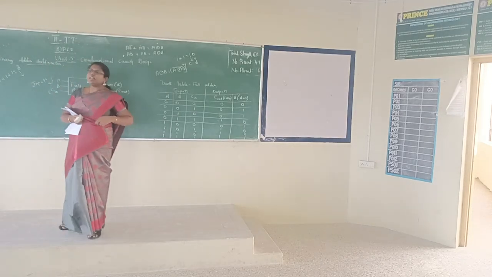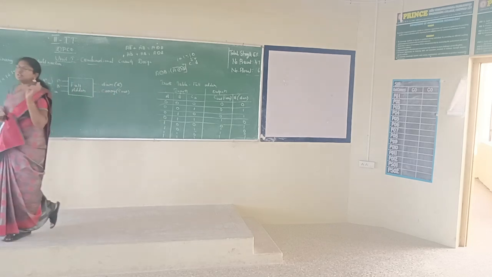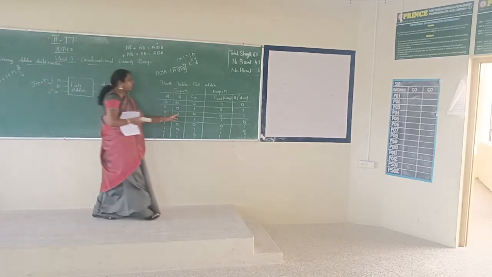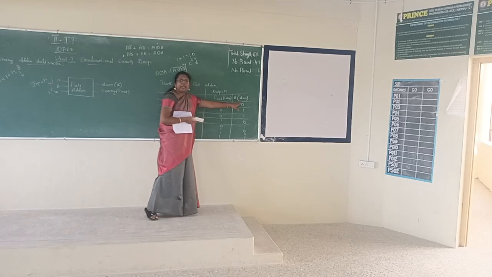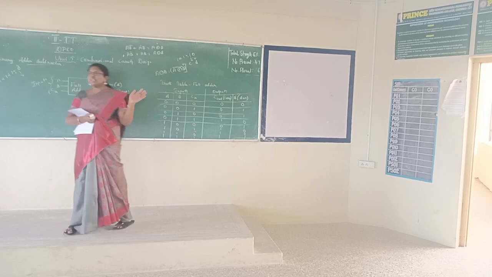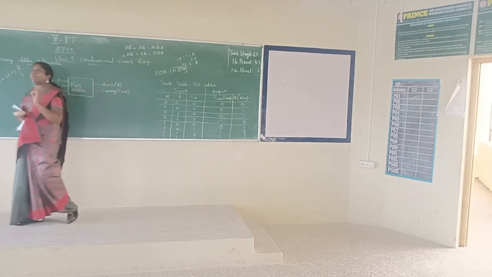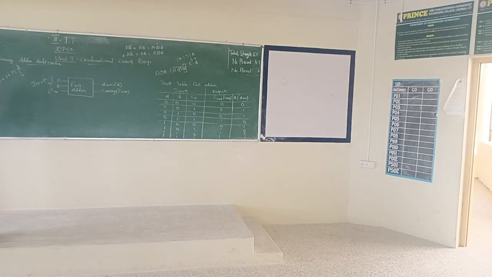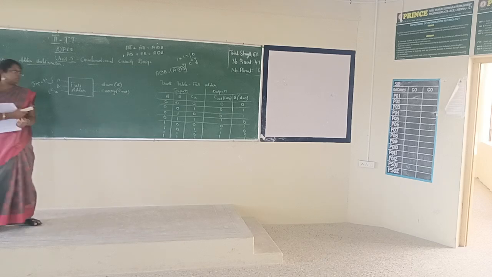K-map. So we are going to the K-map simplification for sum as well as carry. Right? So how many variables, that is inputs, are here? 3 inputs. So we have to use them. A 3-variable K-map consists of 8 cells. Just do it by yourself.